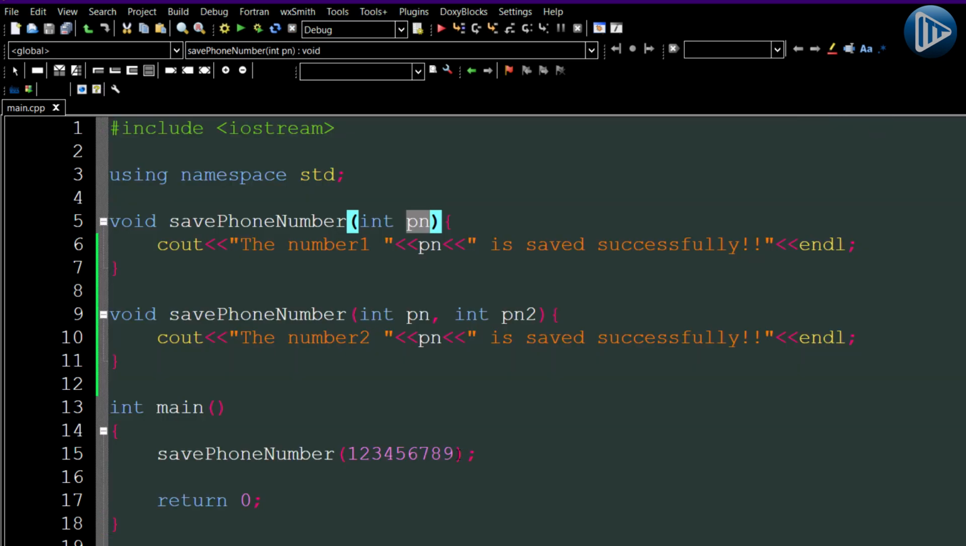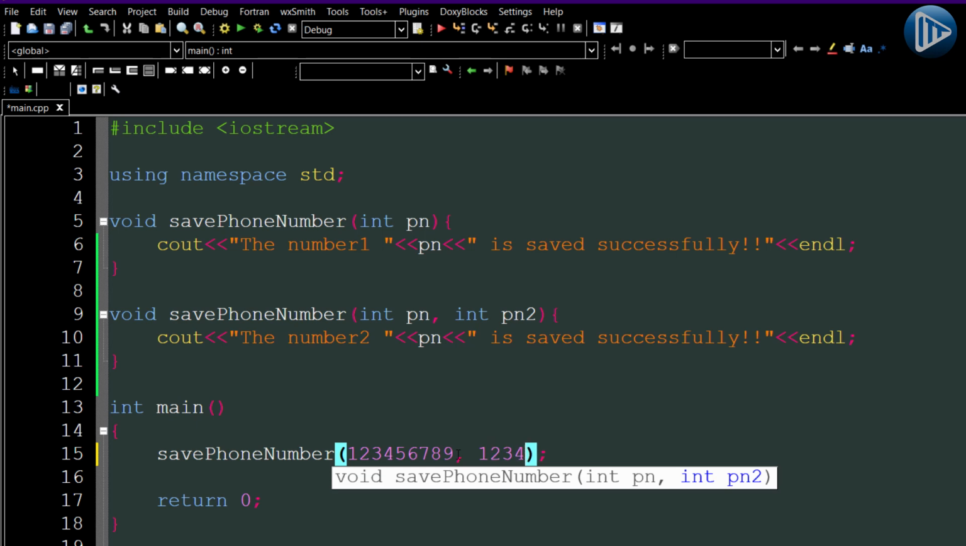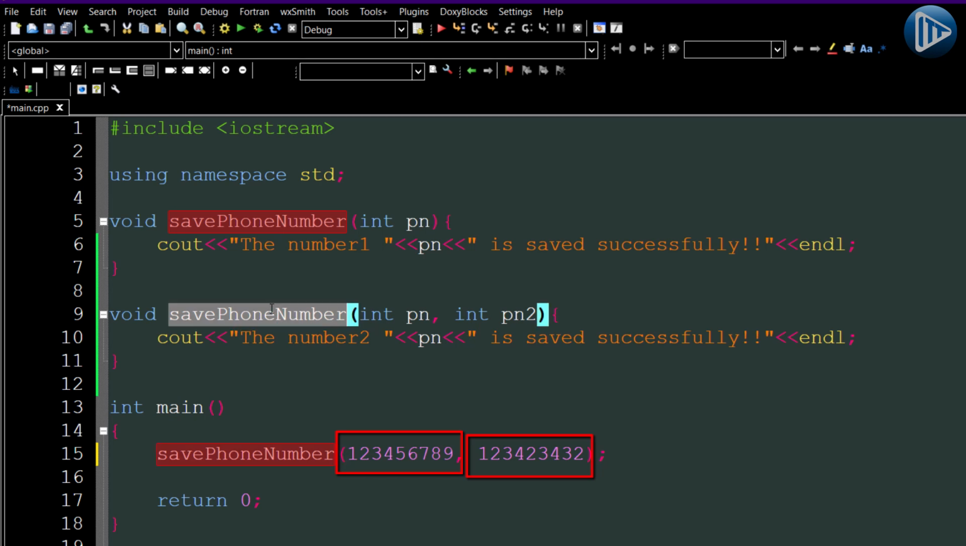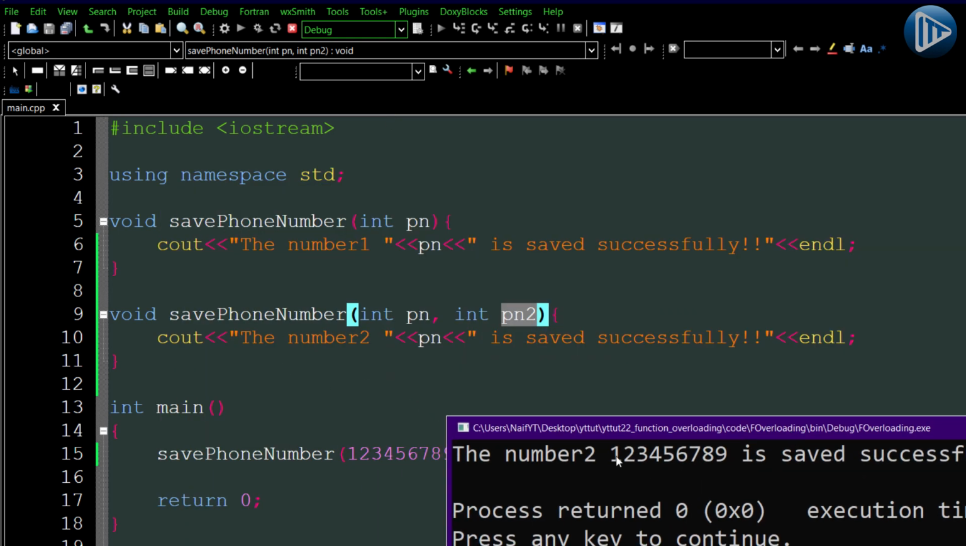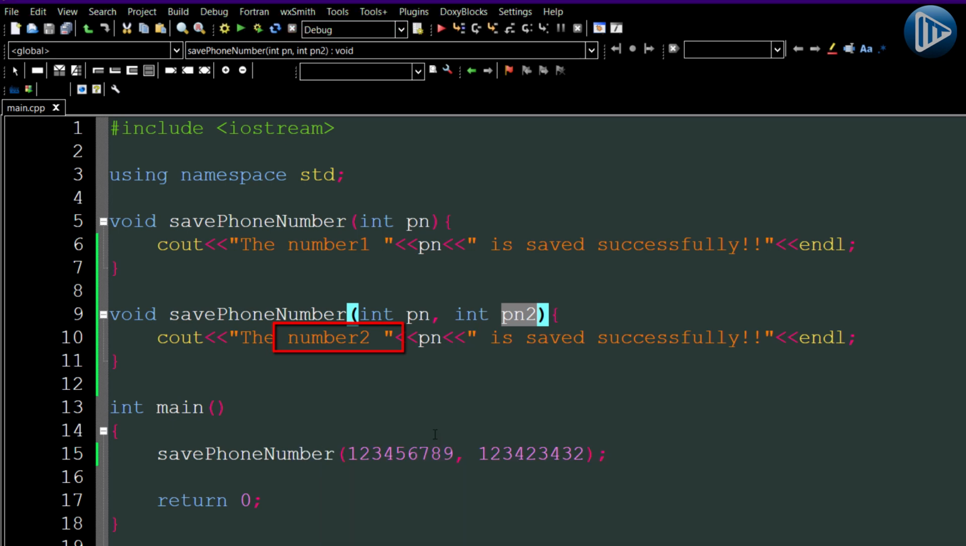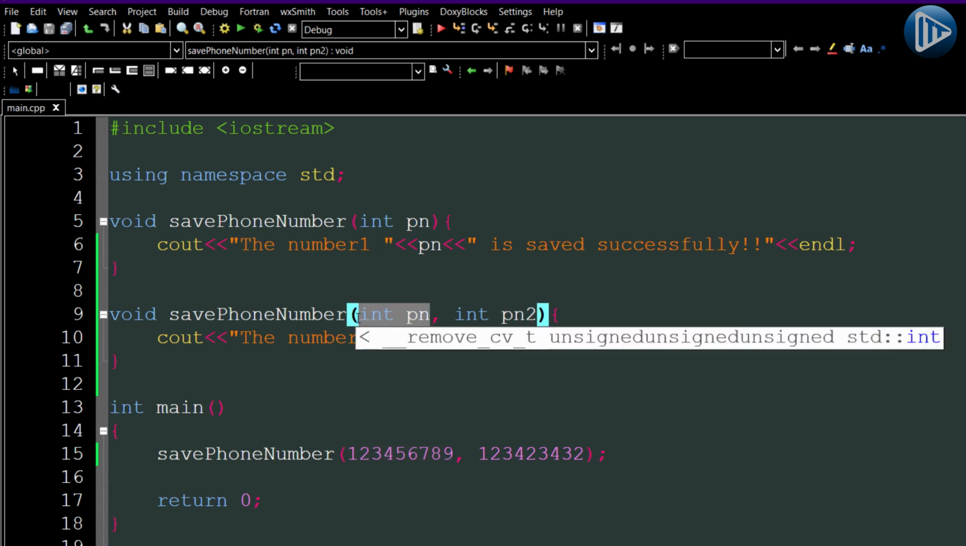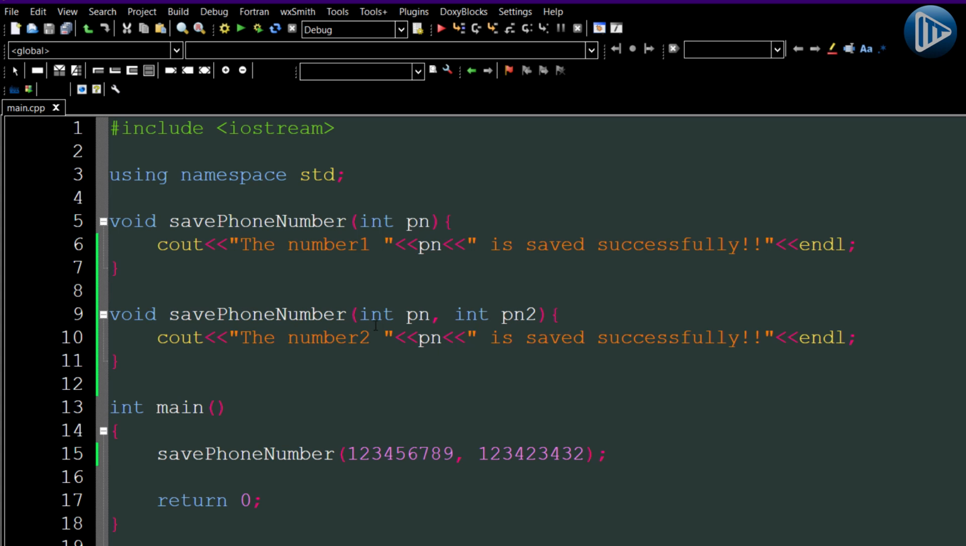But if we call a function and give it two values or two arguments instead of one, it will understand automatically that we are trying to use the function that has two parameters instead of one. As you can see over here, now what it called is not the first function. It called the function that says the number 2. Why? Because we are passing two values over here. We have two arguments, so it automatically understands that we are trying to use the function with two arguments. So that is simply what we call overloading, where we can create multiple functions with the same name by changing